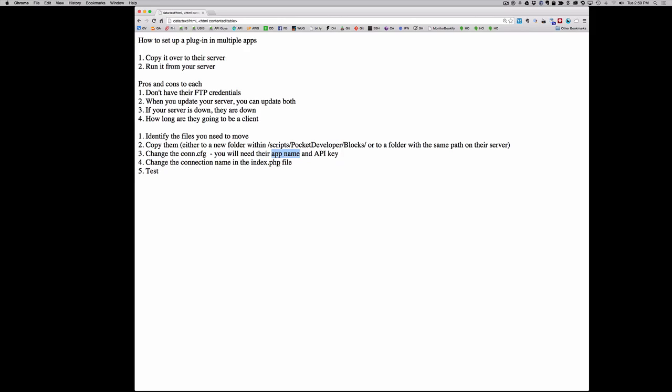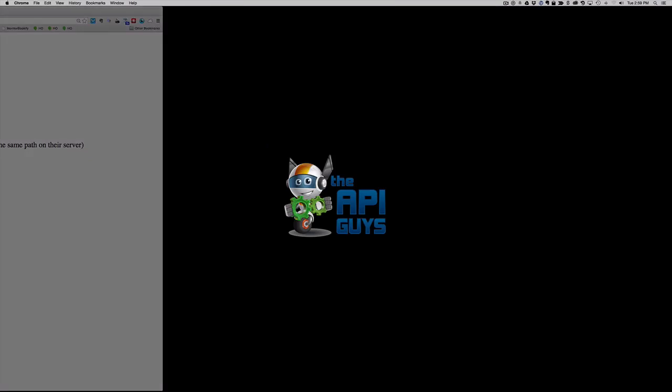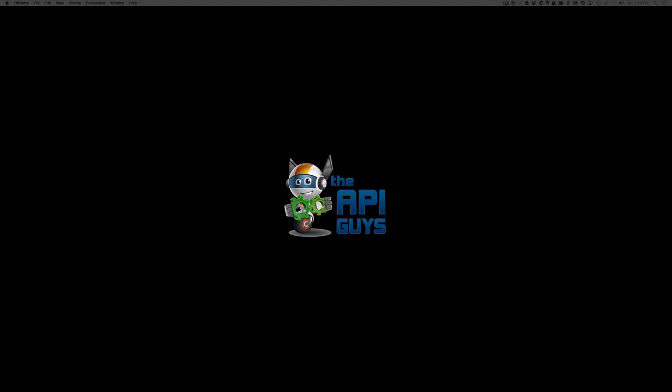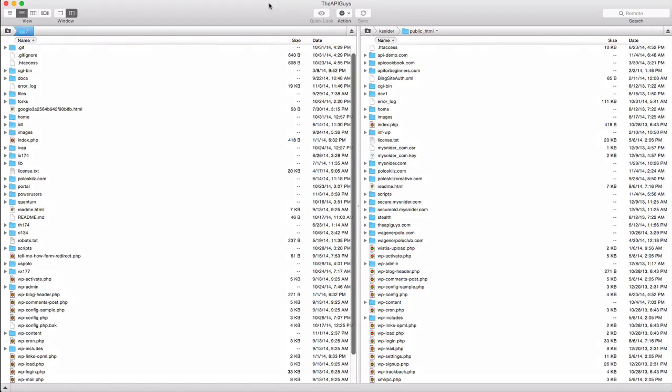We are going to change the connection name in the index.php file, and then we'll test it and see how it all works. So with that, let's try it. What we're going to do first, as I said, is identify the files that you need to move. So what I've got here, I'm a Mac,